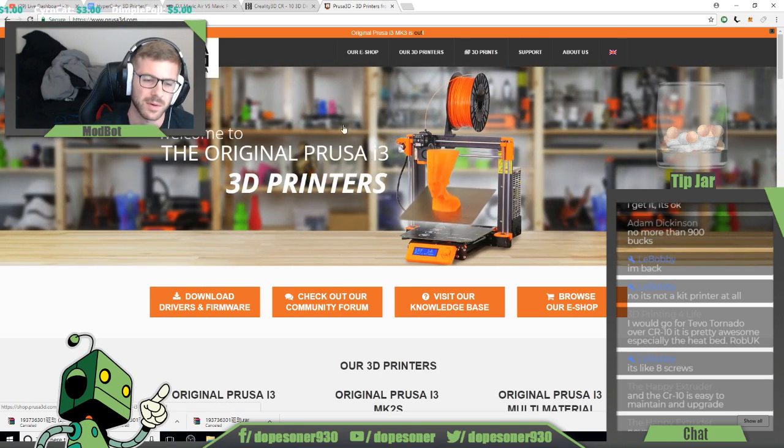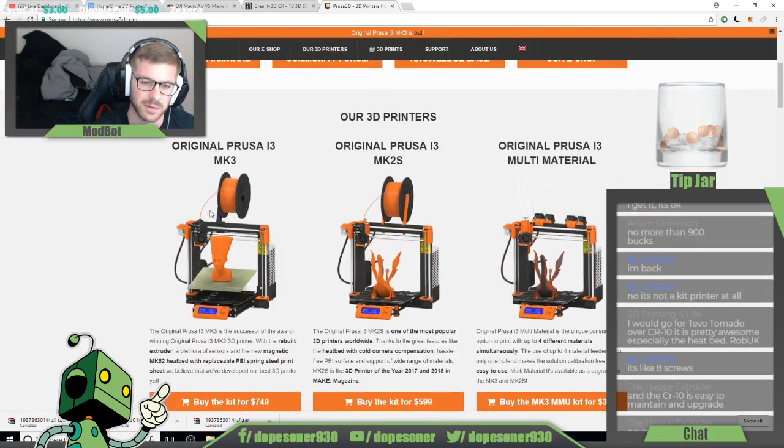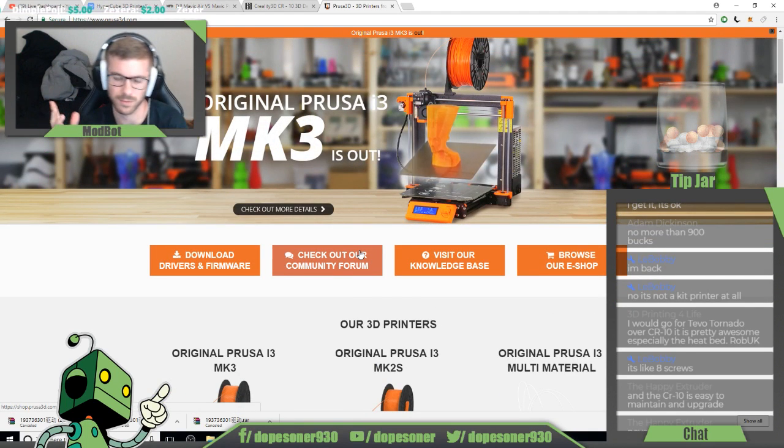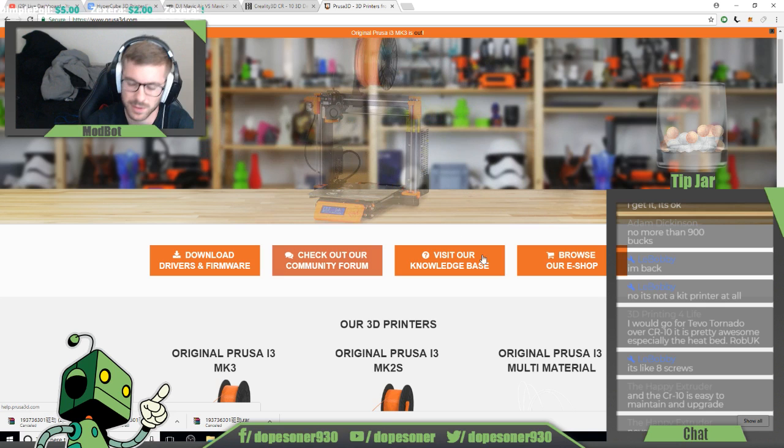But the Prusa Mark III is also a fantastic printer. The CR10 and this one are the only two that I think I truly would love to have. I mean, there's a lot of printers I would love to have, but